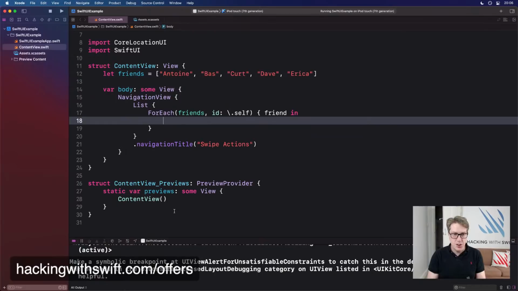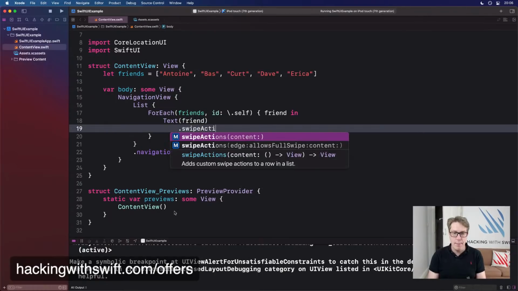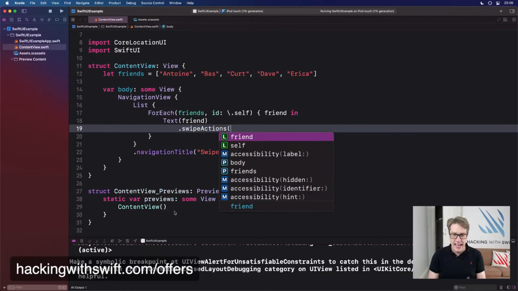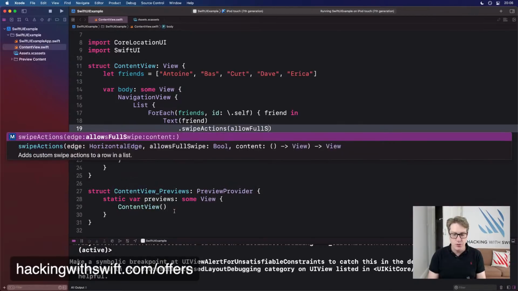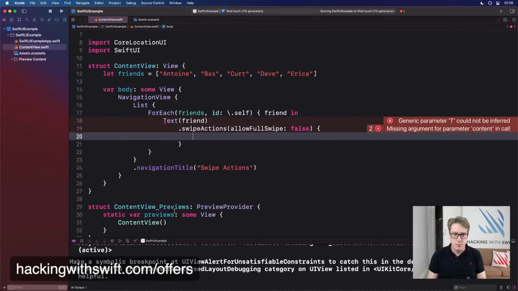Inside here, I'll just show the friend's name, Text friend, but then attach swipe actions to this. I'm going to say allowsFullSwipe is false. Do not trigger this with just swiping all the way across. Otherwise, I can do things by accident.